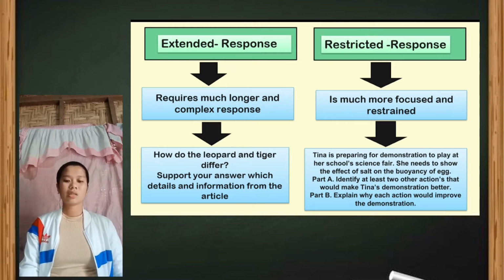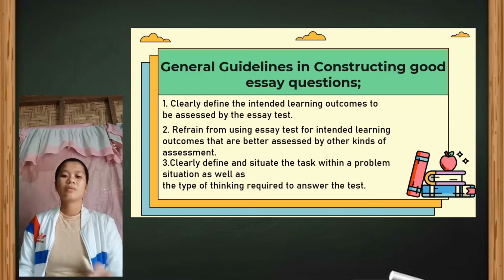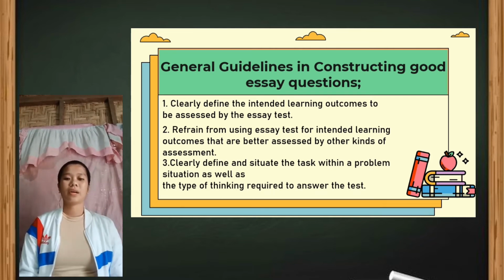So here in the restricted response, it usually limits both the content and the response. You need to give the specific answer or response, but it allows students to express the answer in their own words. So, next, there are general guidelines in constructing a good essay question. First, clearly define the intended learning outcomes to be assessed by the essay test. Here, to design an effective essay question, prove that specific intended learning outcomes are identified,